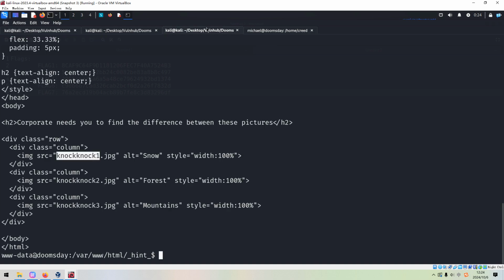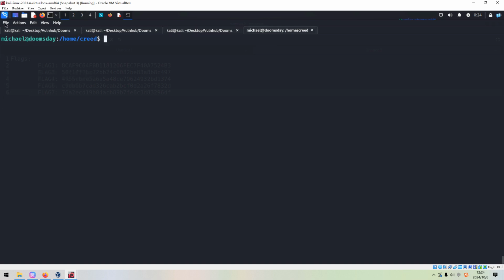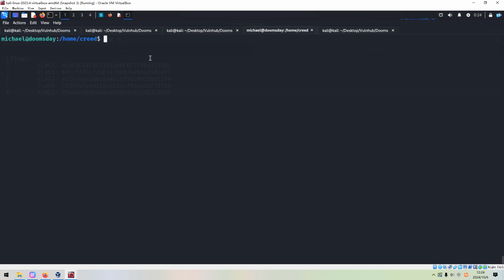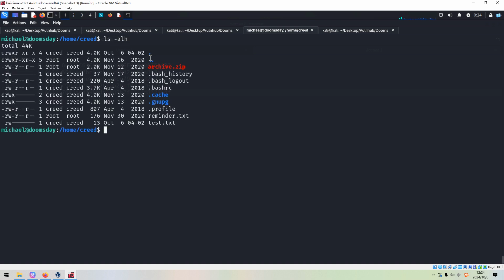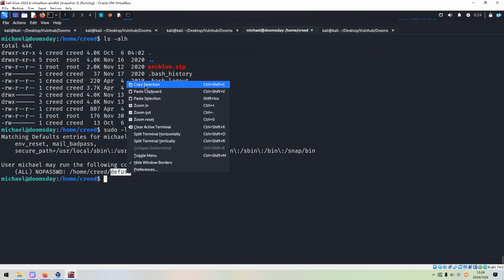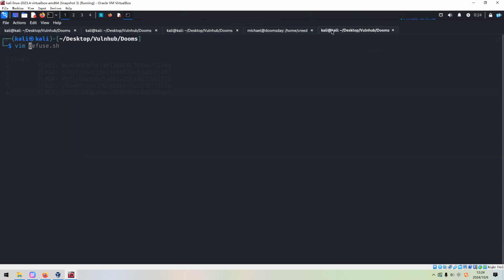Maybe we can open up a new tab. The file name should be starting with diffuse. So we can copy diffuse.